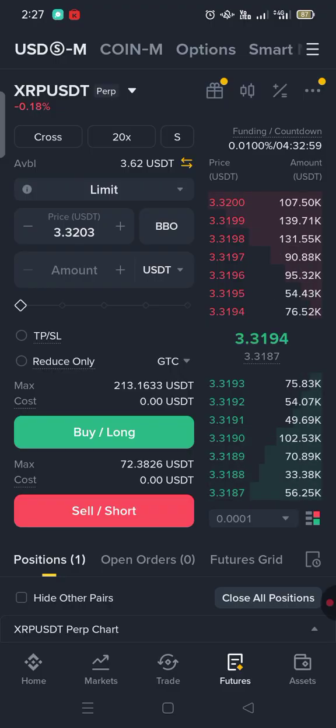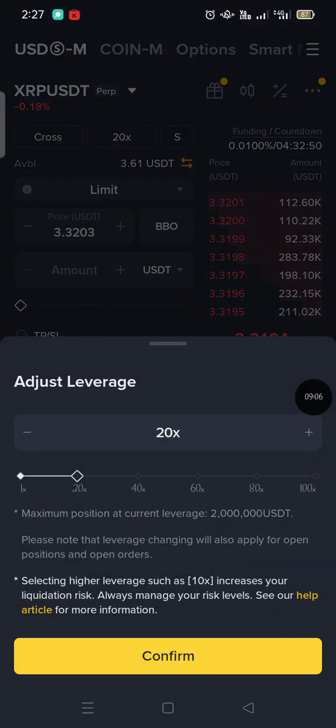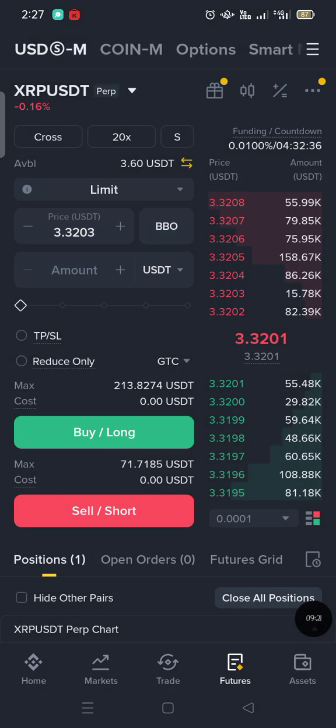Cross simply means, when you're trading under cross mode, we have different leverage. You can see selecting higher leverage such as 10x increases your liquidation risk. Always manage your risk levels. See our help article for more information. You can also read that at your own time. But what this means is